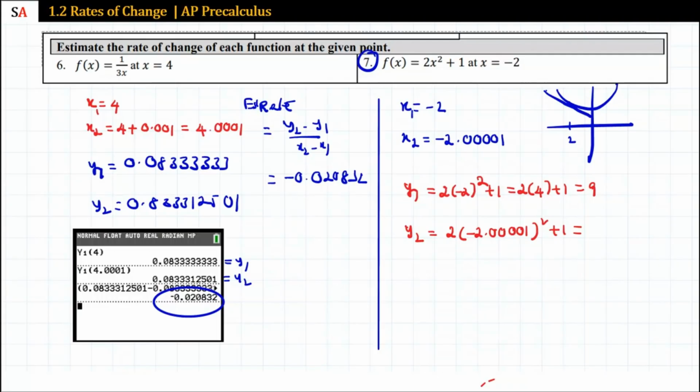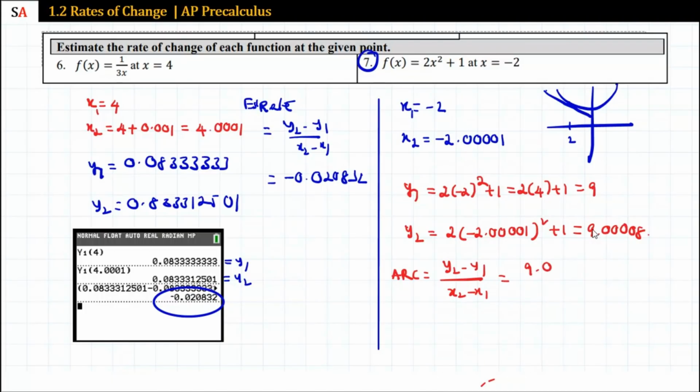So using calculator, which is 9.00008. Now the estimated rate of change, that is the ARC, is approximately y2 minus y1 over x2 minus x1,